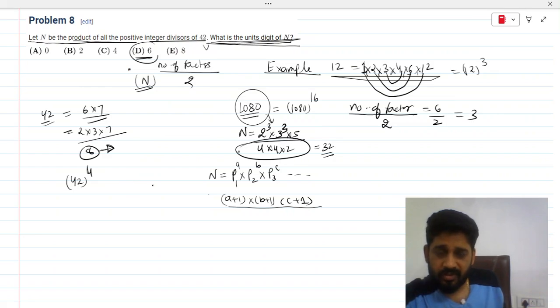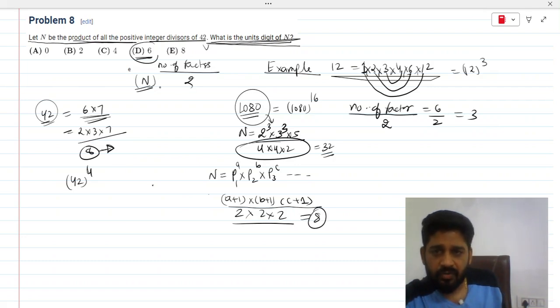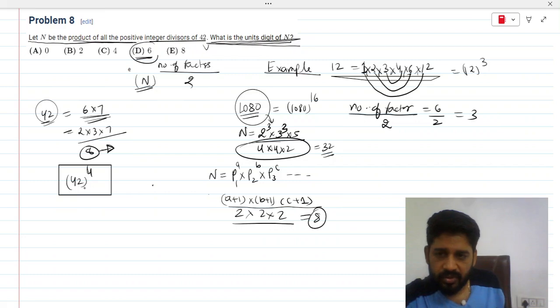So if you know this formula, the question becomes very easy, because there are three prime numbers in 42, and each has power 1. So the total number of factors becomes 1 plus 1, 1 plus 1, 1 plus 1, 2 multiply 2 multiply 2, so 8. Now what you want is the product of factors. So the product of factors will become the number to the power total number of factors divided by 2, so it becomes 42 to the power 8 divided by 2, that is 4. So the unit digit will become 2 to the power 4, that is 6. Okay,